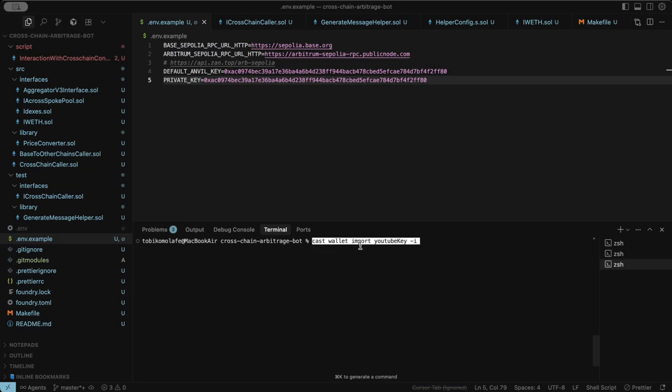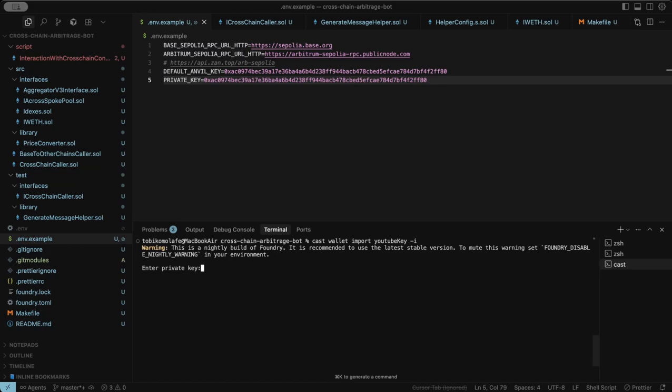If you check Foundry documentation, you see this cast wallet import, and the name I'm giving the new private key I want to encrypt is YouTube key, and it ends with -i. So with this, it's going to prompt me for the private key of the new account. So for this example, I'm going to